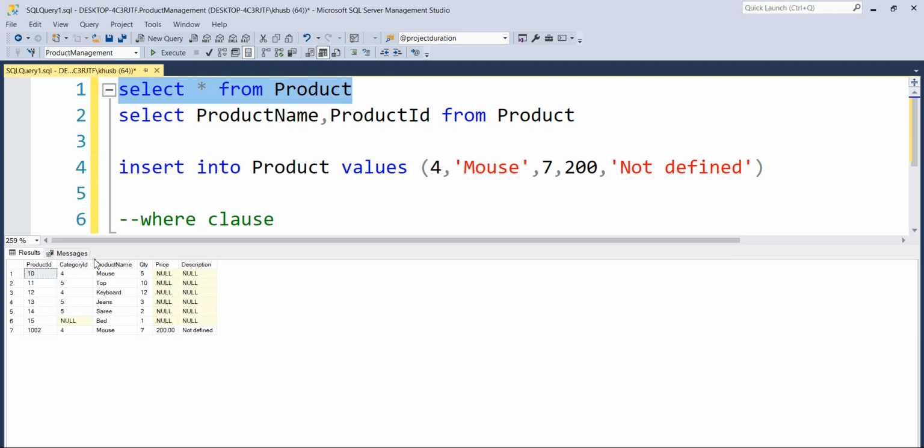So as you can see now, we have product name mouse 2 times, and obviously we need to insert only one at a time, right? This is duplicate data. We have inserted the same data, but quantity and category and product id can be different, but mouse is a unique product, right? So only one row can be enough for that. We do not need this mouse 2 times. So by mistake this has happened.